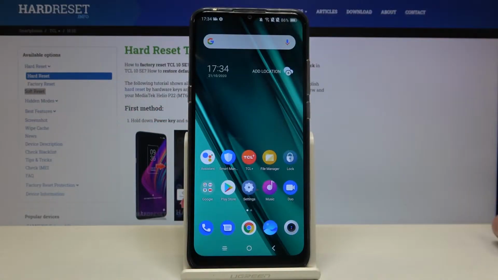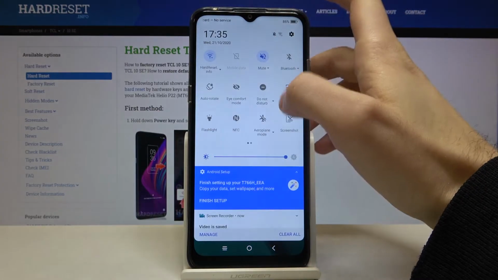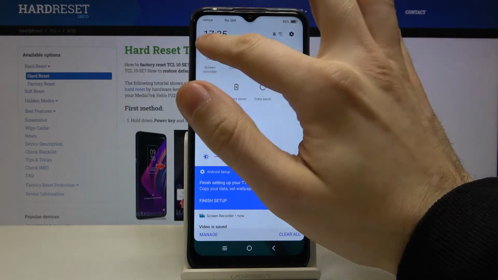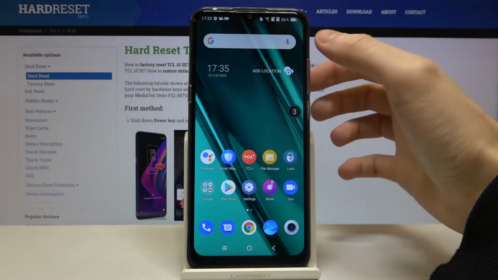Here I have TCL 10 SE, and today I'm going to show you how to record screen on this device. So first of all, you have to go to the upper bar here, and here you have this button, screen recorder. Just tap on it once and